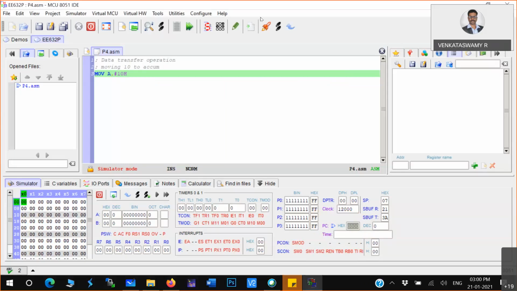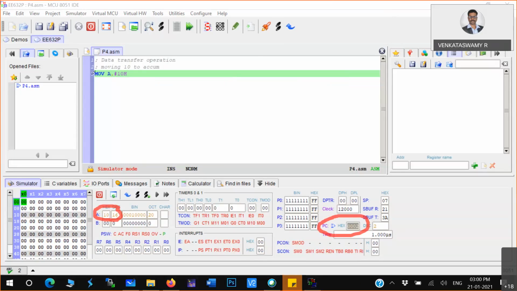When I execute this particular thing, just observe, the 10 is loaded to the accumulator. Simultaneously the program counter went to the next memory location where the instruction is present.